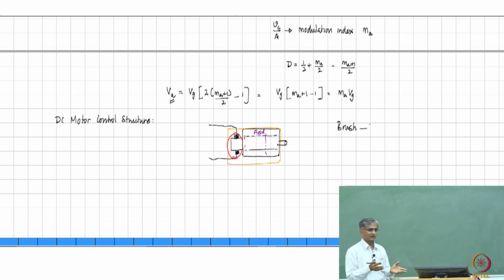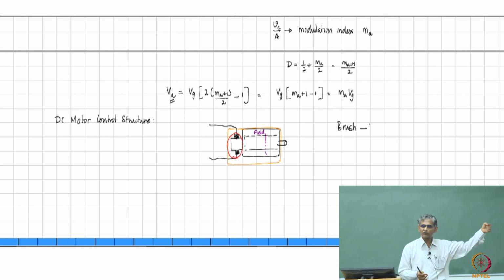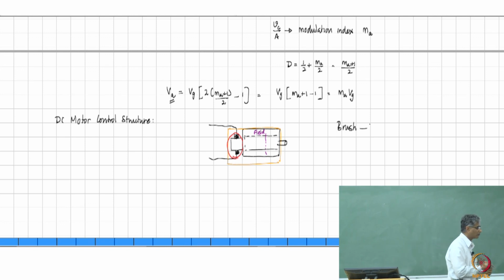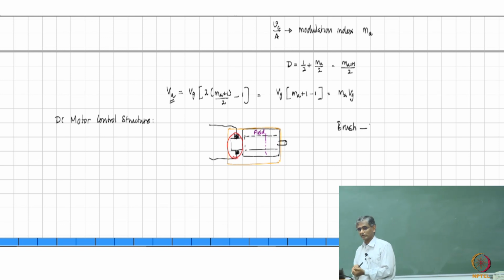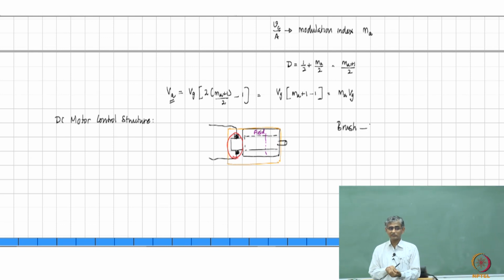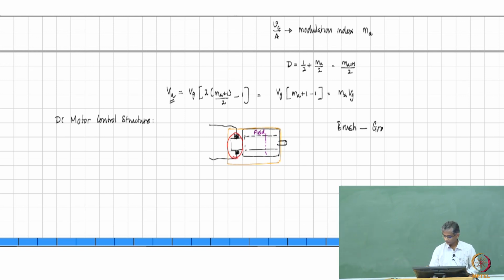It won't conduct. You need to have good electrical conduction there, because you are looking at flow of current into the armature and coming out. So you cannot afford to put oil there and say I will get good lubrication. So that is impossible. So you need to have a material there that will allow conduction and be a good lubricator as well. Do you know such a material? Carbon is a very good material, and therefore this brush is made of graphite.